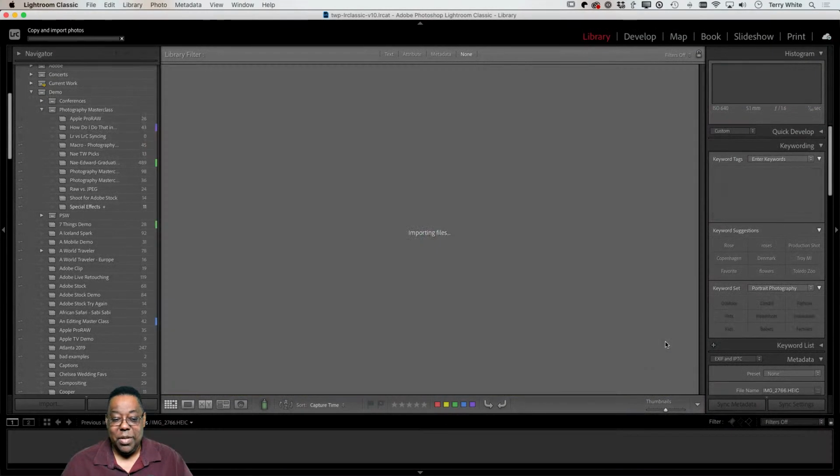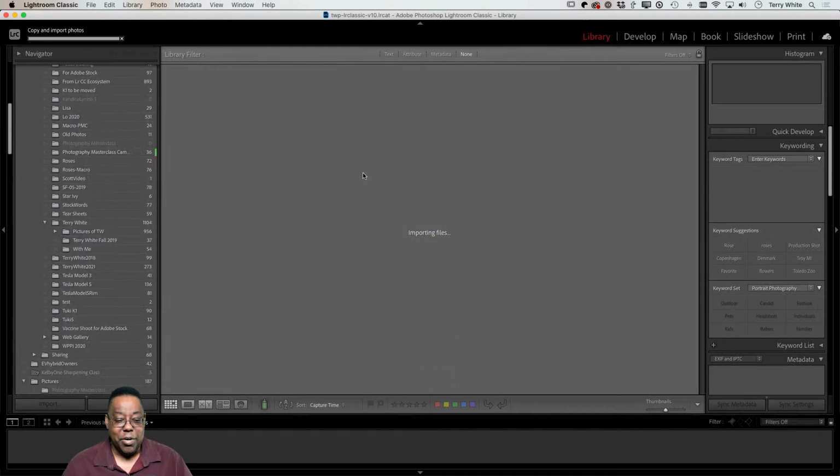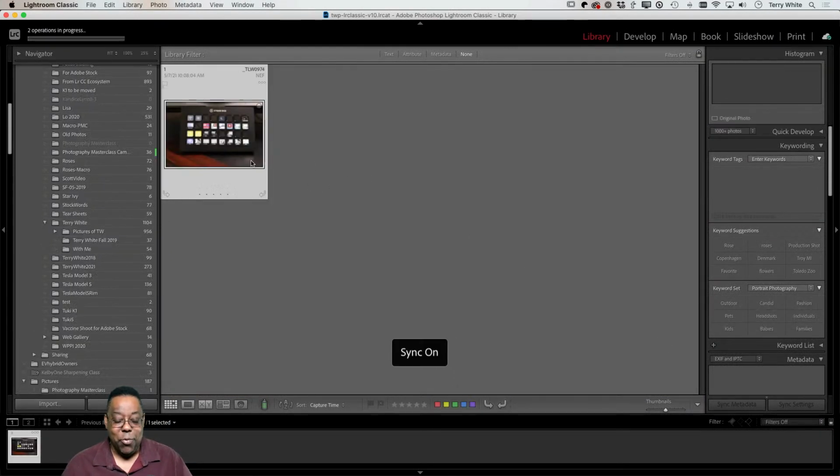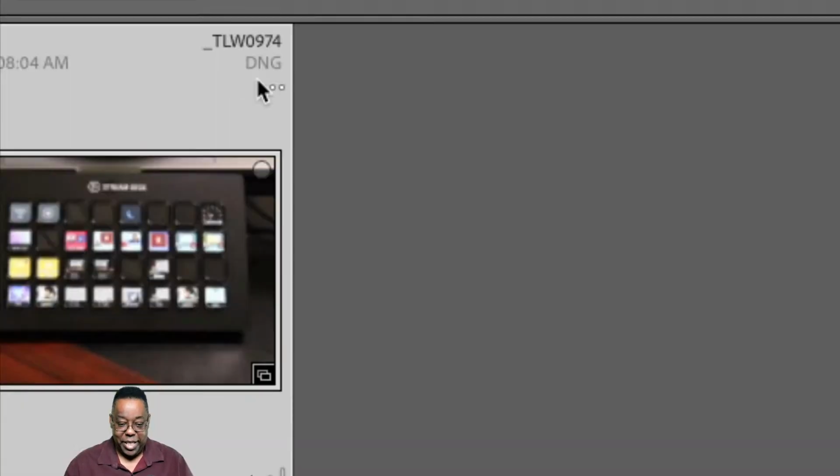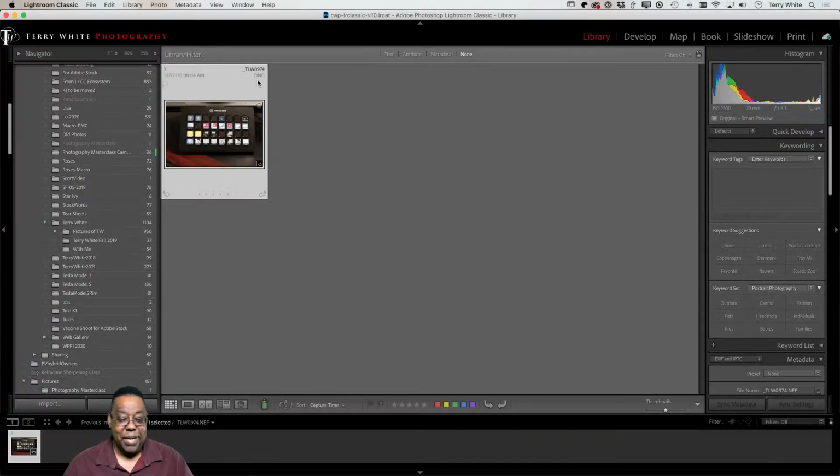Import. One photo, it takes me to the current import where it's that one photo. That one photo is now being converted to a DNG from NEF. So it did that. And it built the smart preview. So it did all of those things in that one operation. It was only one photo, so it all happened quickly. But if I had 50 photos, 500 photos, how many ever were on that card, it just would have done it to all of them.